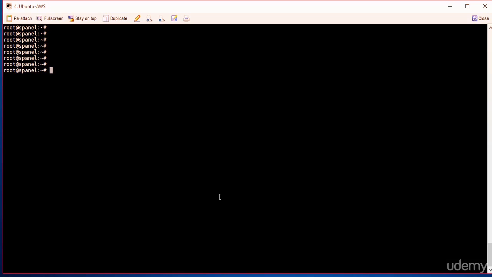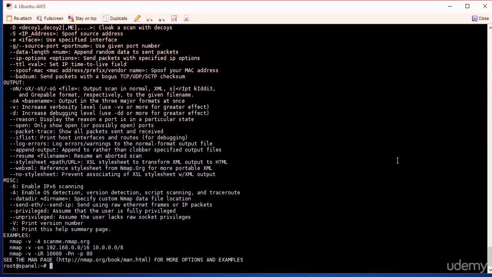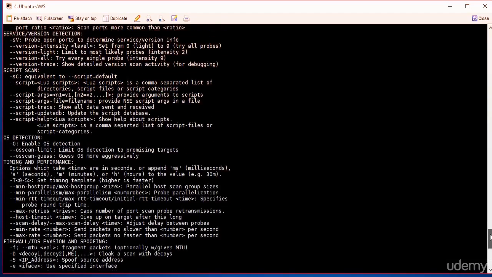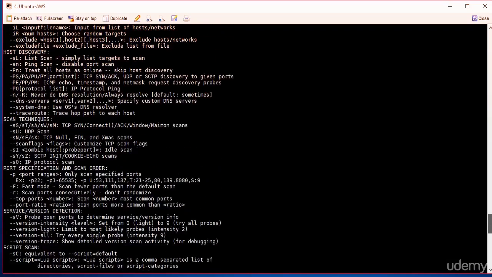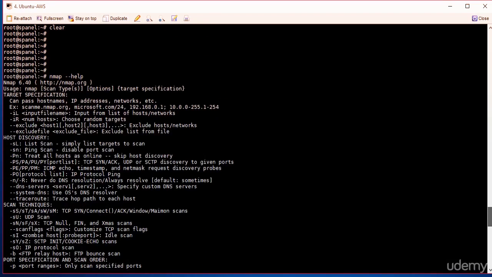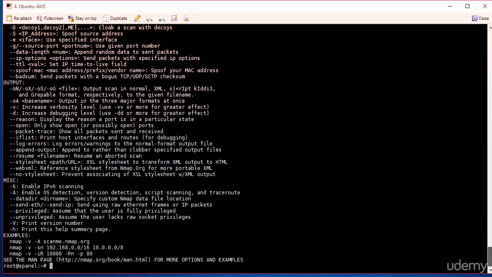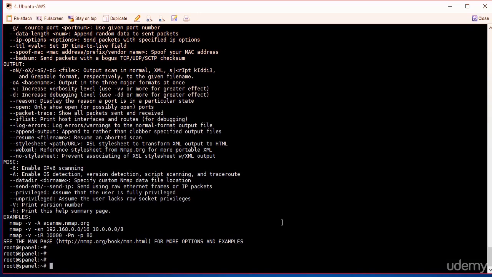So I type in nmap, and I want to get a list of all the commands available. So let's just look at the help, and let's see all the commands that are listed here that we can use Nmap for. So I'll explain more on these options later, but for now we're just going to do a demo, and that way you will see exactly how data is obtained by Nmap and how a hacker would use this for personal gain. Now let's type in Nmap,